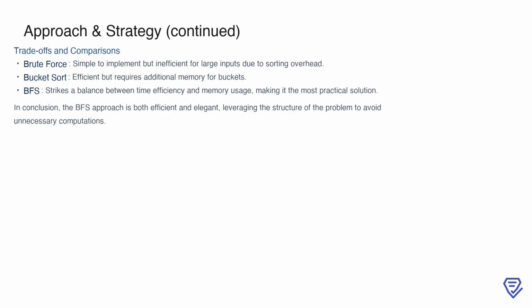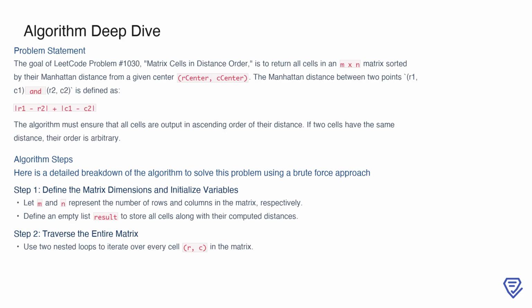In conclusion, the BFS approach stands out as both efficient and elegant. It leverages the layered structure of the problem to generate cells directly in the correct order, avoiding unnecessary computations and achieving optimal performance. In this problem, we are tasked with sorting all the cells of an M×N matrix based on